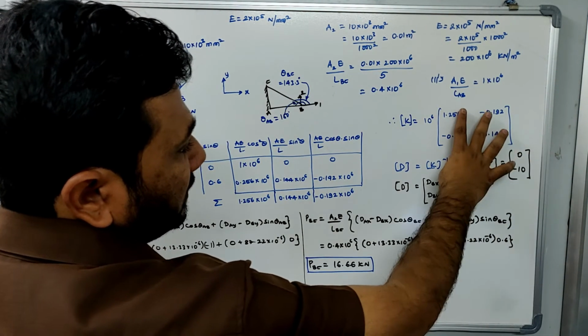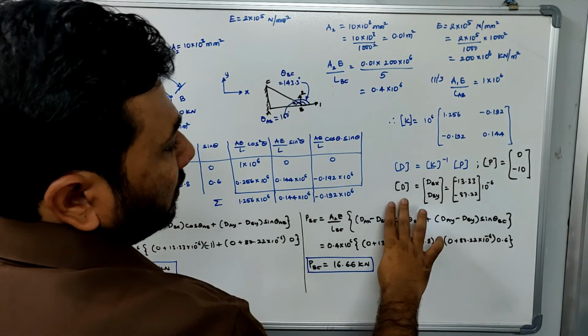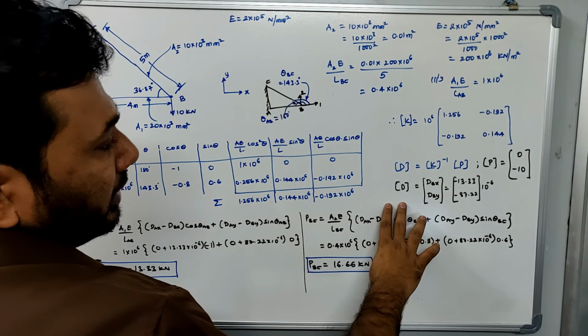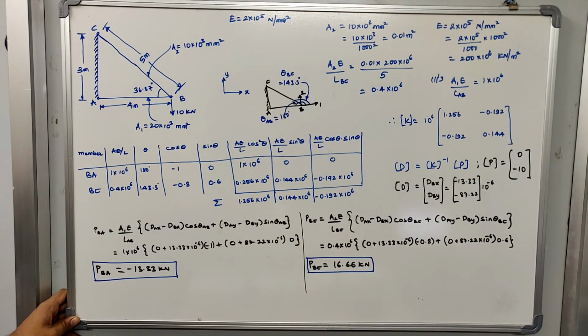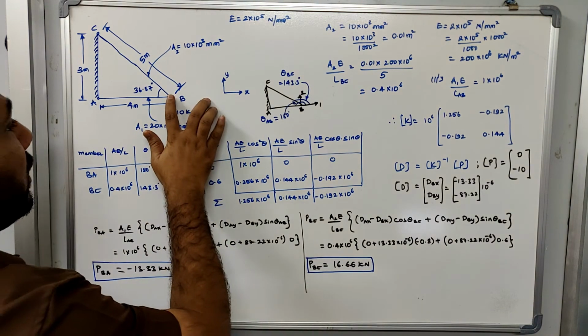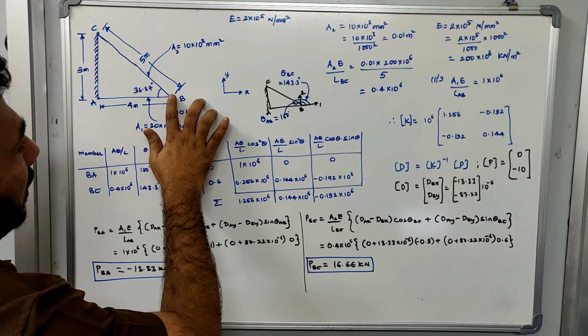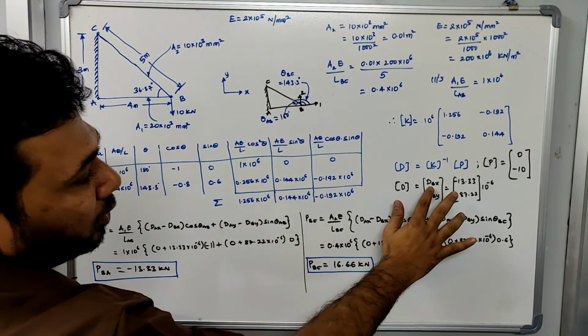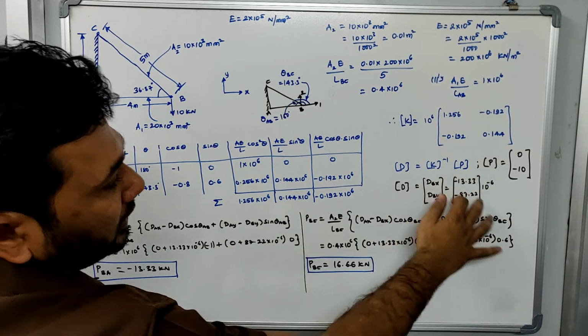So force matrix is there, stiffness matrix is there. Take the inverse of the stiffness matrix, multiply with the force matrix, and you will get to know how much is the displacement matrix. So there are two displacements that we have calculated here. What are the two displacements? One is the displacement of joint B in x direction, and we have solved how much is the displacement of joint B in the y direction. So that's why I am calling it dBx and dBy. So dBx and dBy will be these values.